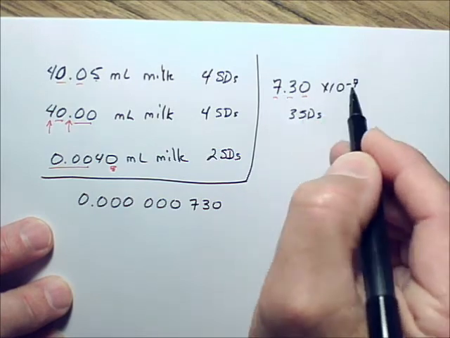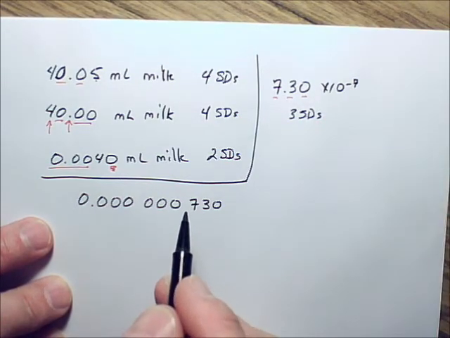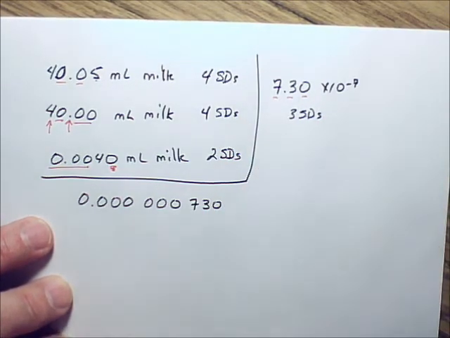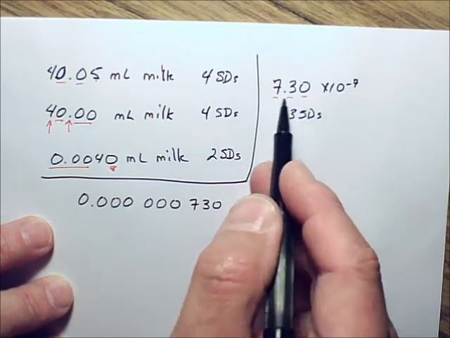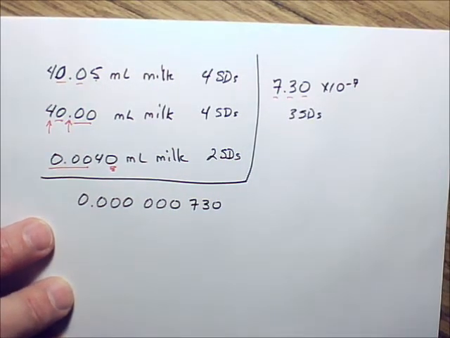So this number here and this number here, this number here and this number here are the same thing, right? And so if you only have 3 significant digits here, you're only going to have 3 there. Now,